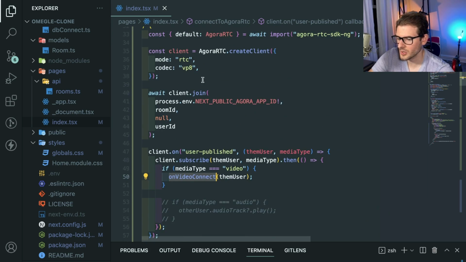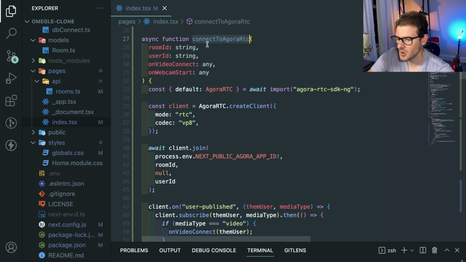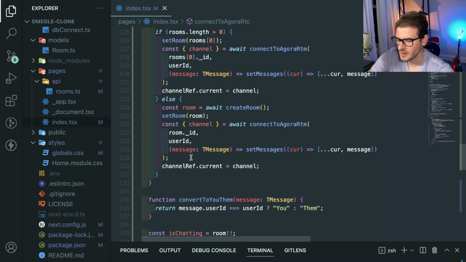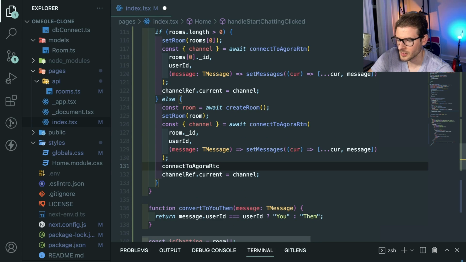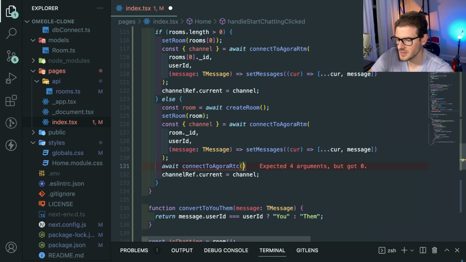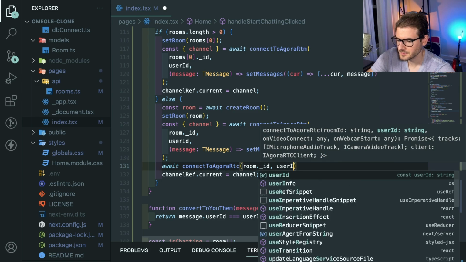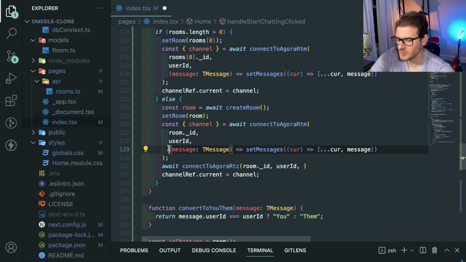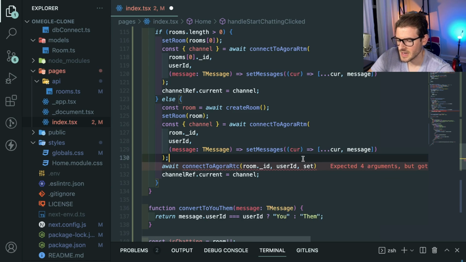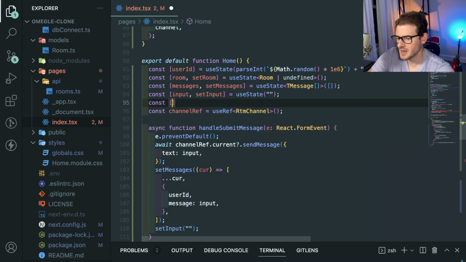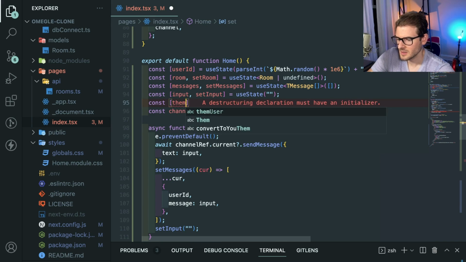So for this thing to work, I think what we need to do is call this probably down here where we call connect to Agora RTM. So I'm going to go await on this, and we need to pass in the room.id, user ID, and then probably some callbacks. So this one was called like set them camera. So I'm going to make a function up here to keep track of that. I'll say set them video,